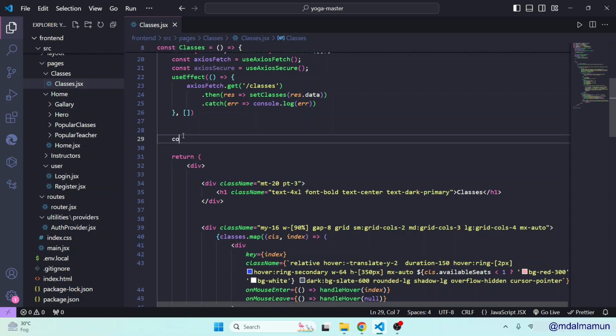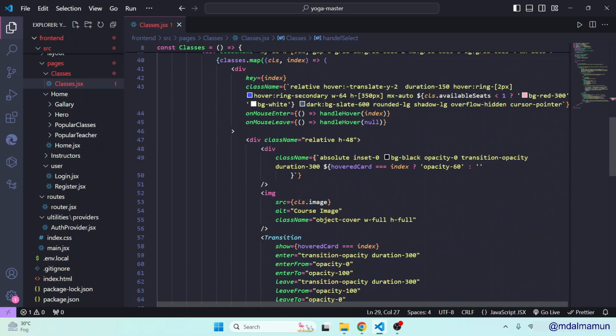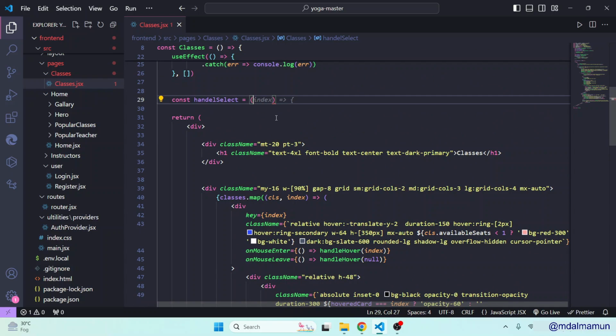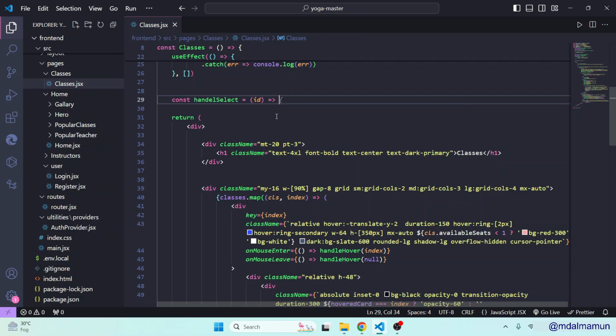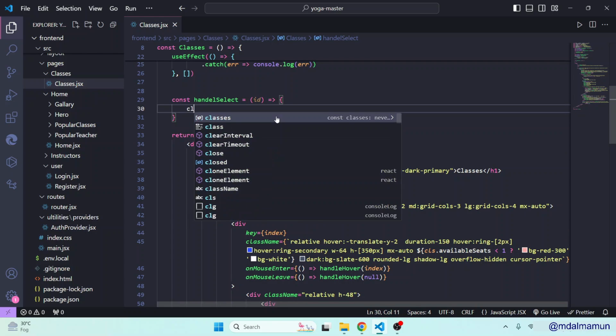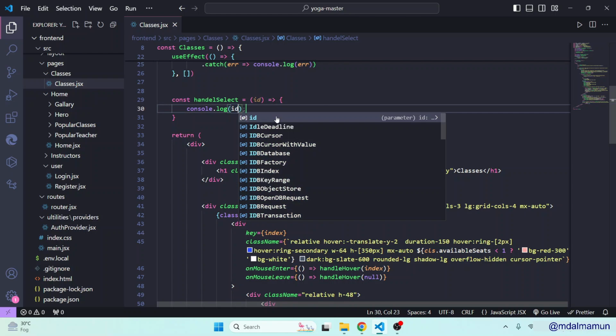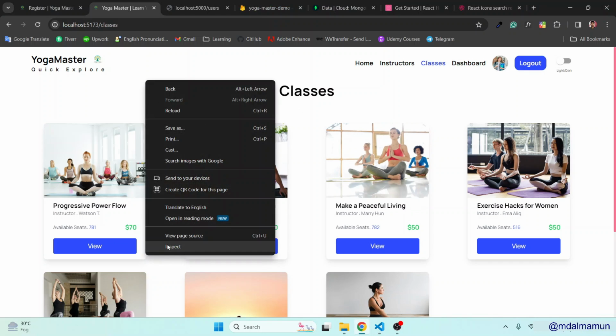Here we'll define const handleSelect, and it will receive an id. I'm doing it again so that your confusion will be cleared. At first we'll just console log the id. Okay, let me try to check it. Here, if we inspect,